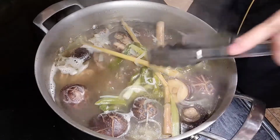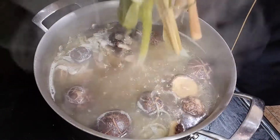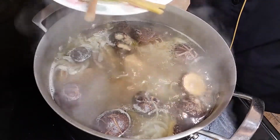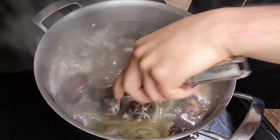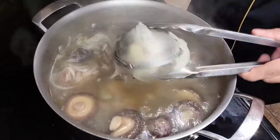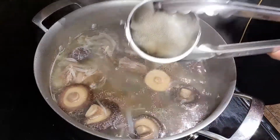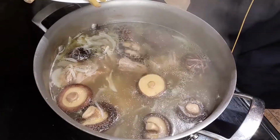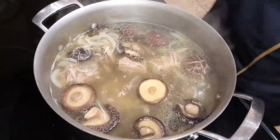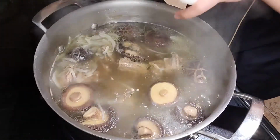So the stock has been simmering for around an hour and a half, and the meat is tender, fully cooked. So now I'm going to prepare the broth. First I'm going to remove the lemongrass, any of the green onions, and if I can find it somewhere in here, the sake piece, this guy here. And next up, I'm going to toss in the radish